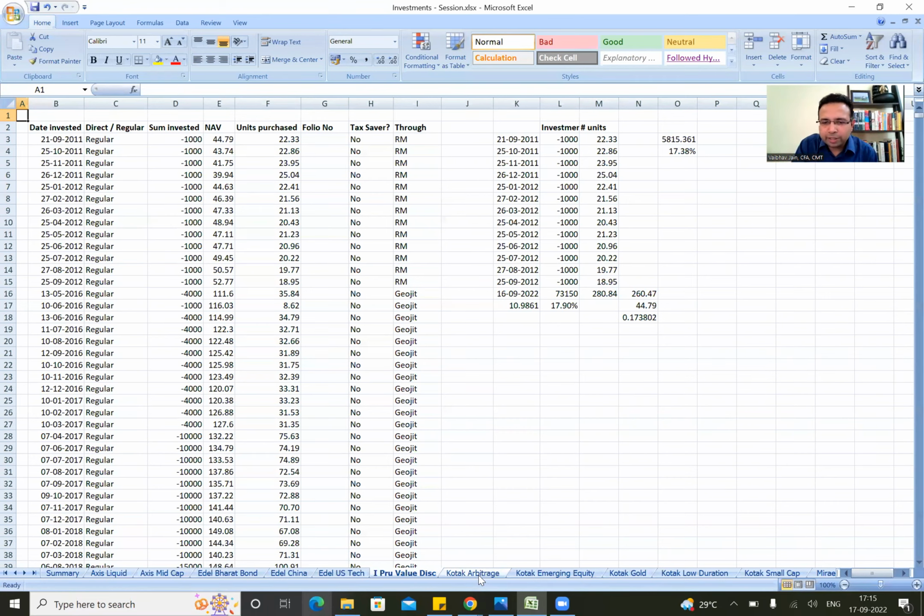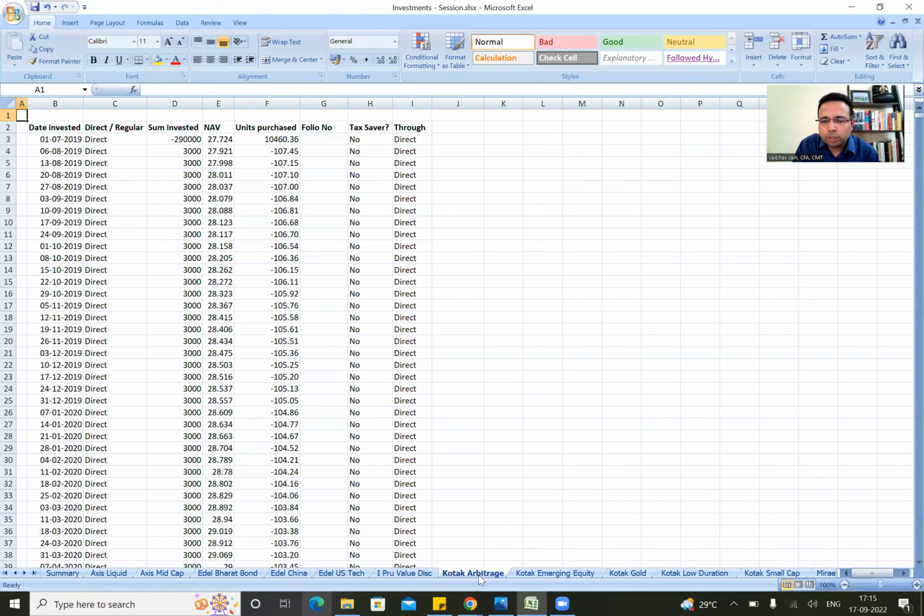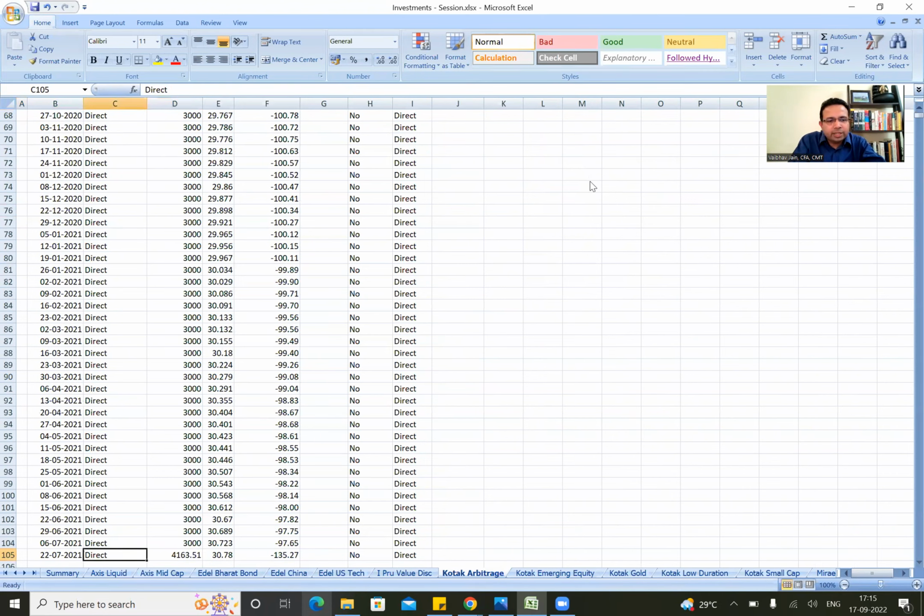I think one or two more examples, like for example, Kotak Arbitrage Fund. What I was doing over here is say that I invested 2,90,000 over here at some NAV unit, purchase this and that. And then I started again doing some STP over there. This is same as Access Liquid Fund basically. And then on 22nd July